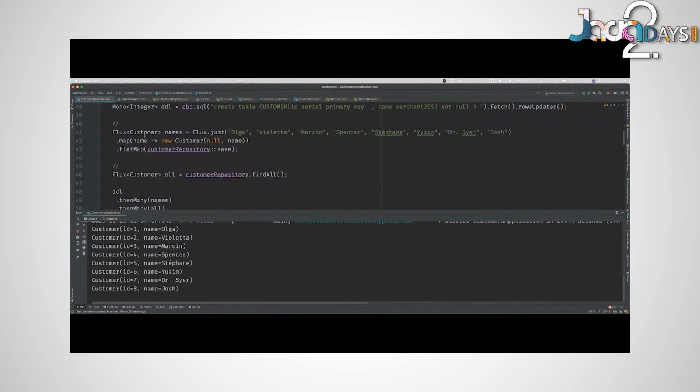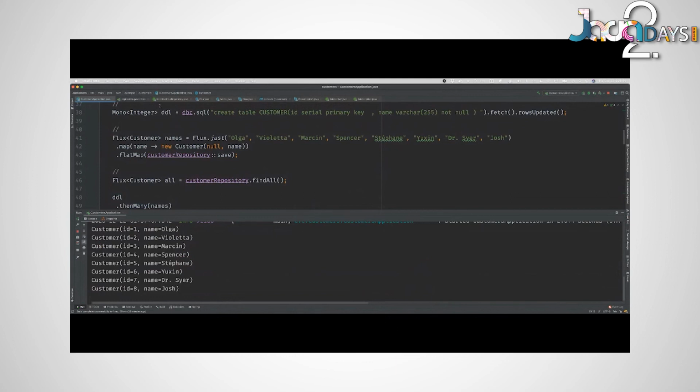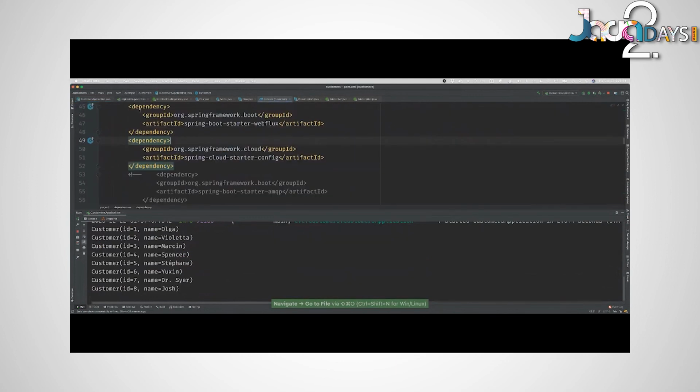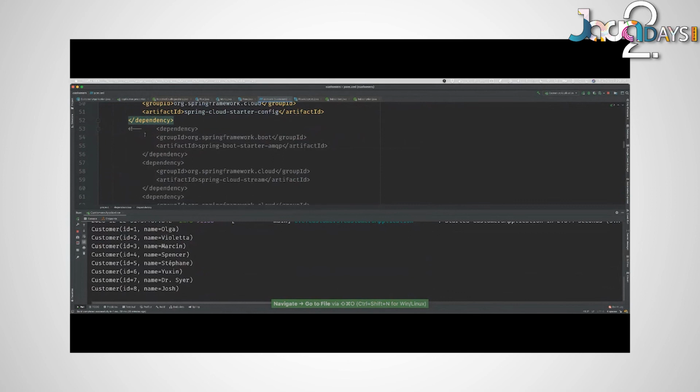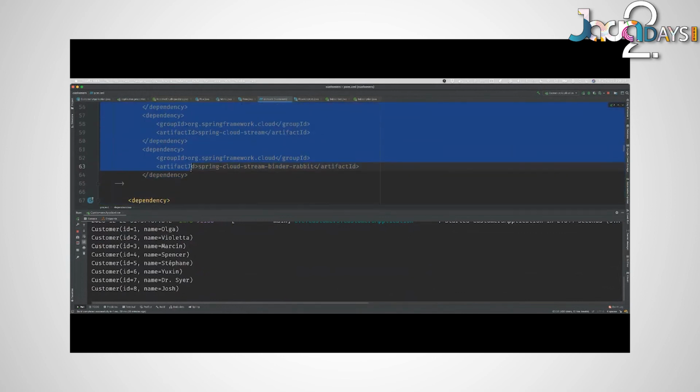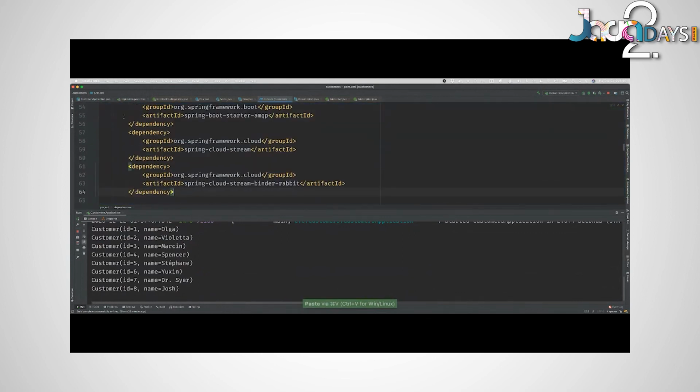And here, I'll go to my build. I've got to remember to bring in the Spring Cloud Stream binder. All right.